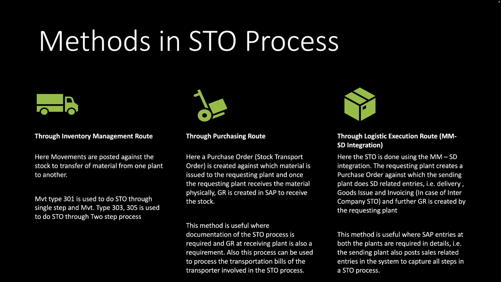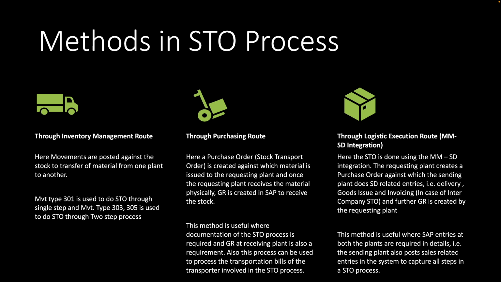the purchasing and the SD route also, that is the logistic execution route. Here both the plants will be doing their own elaborate activities. The requesting plant will create the purchase order and will do the goods receipt. The sending plant will do all the SD related activities here. In the purchasing route, the sending plant only posts a movement type 351. But here in the SD integration route, the sending plant will post all the documents which are required as per